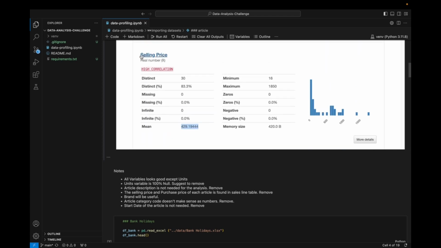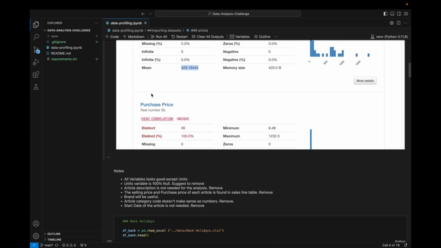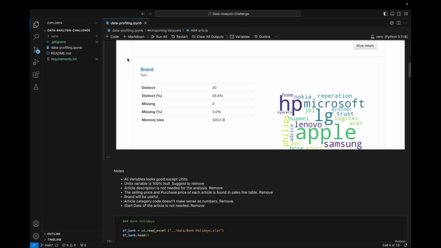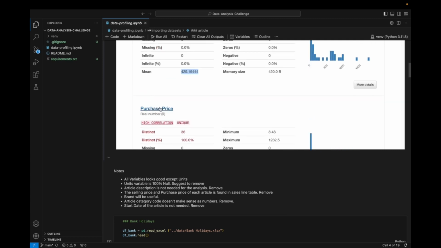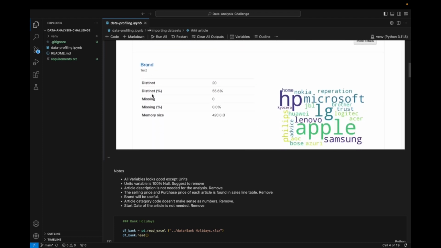I would like to really emphasize the selling price here and also the purchase price here, because I said these prices would depend on when you buy from your vendors, what the selling and purchase price is. Okay, I'm going to also explain why I don't think I will need to keep these columns. I think the brand also,